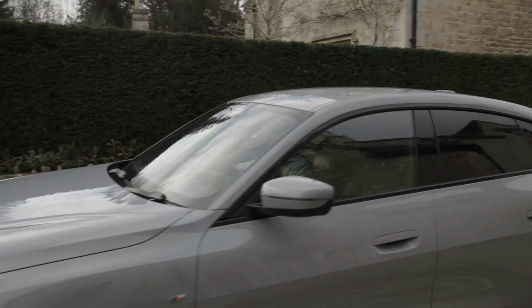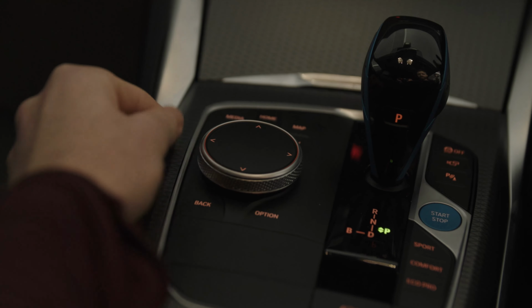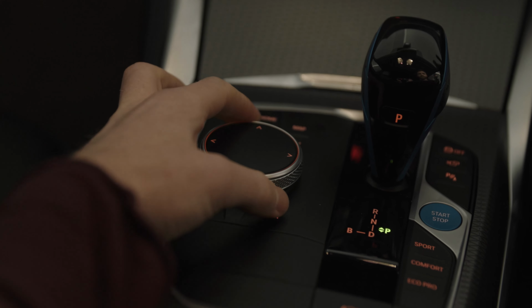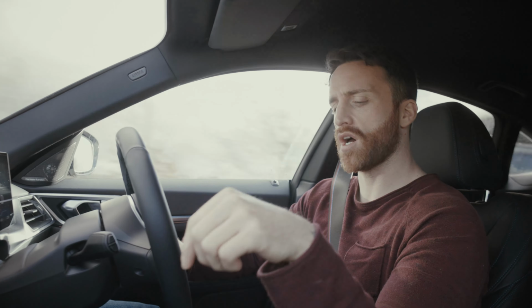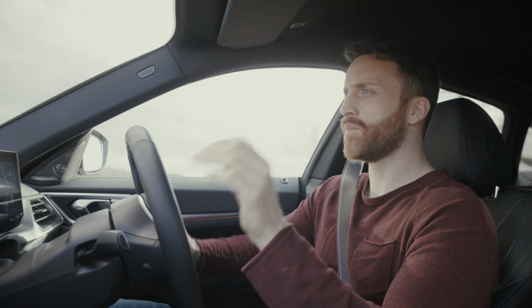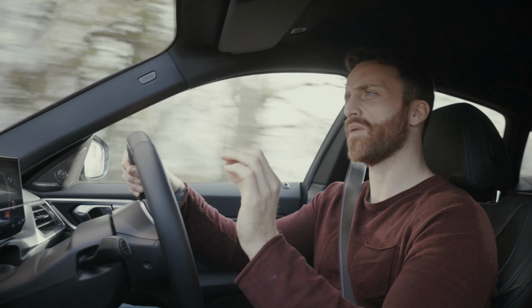You can operate the central display using a rotary controller between the seats, which is much less distracting on the move than a touch-only interface. There's also a voice command, which works well if you'd rather just tell your BMW what to do. It's got some really nice harmonics as well. So when you turn it on, firstly it has this harmonic swell. And then when you put your foot down, I don't know if you can hear it, but it's like